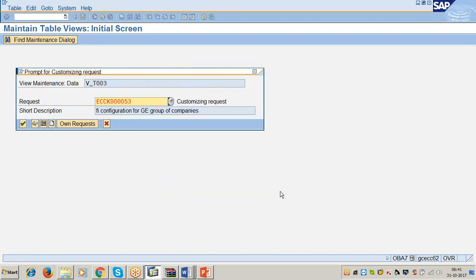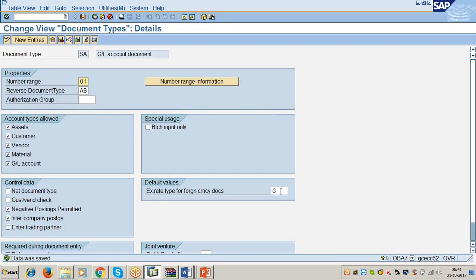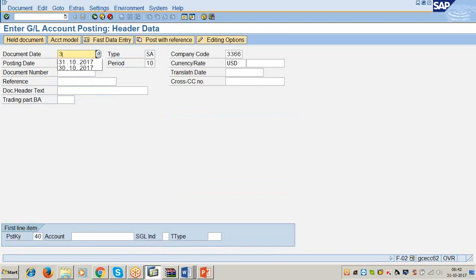Click on save. Now, from now onwards, all the general ledger transactions posted in foreign currencies are converted into company code local currency using the bank buying rate G. The previously posted transactions will not be affected. Whatever transaction you post from now onwards in the foreign currency will be converted into company code local currency using the bank's buying rate. Let us post one more transaction. This time I am posting a salaries payment.